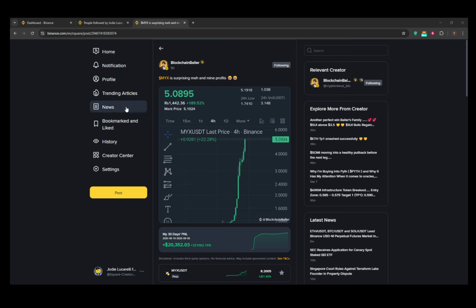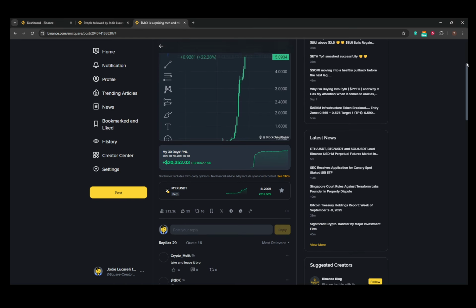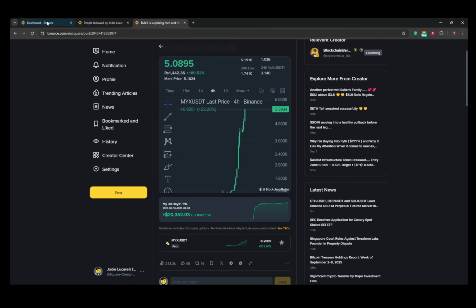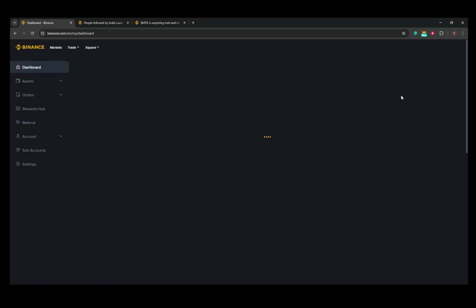To get started, you'll first want to open the Binance website in your preferred web browser. Make sure you're logged into your account so you can access all the necessary features. Once the website is open, the next step is to locate and tap on your profile icon. You'll typically find this in the upper right corner of your screen. Clicking here will take you to your main dashboard, where you can view and manage your various account details and